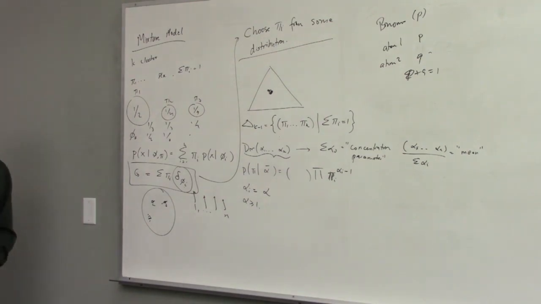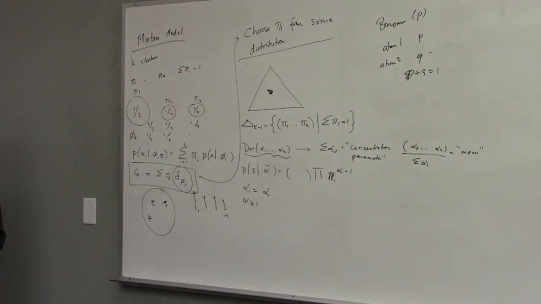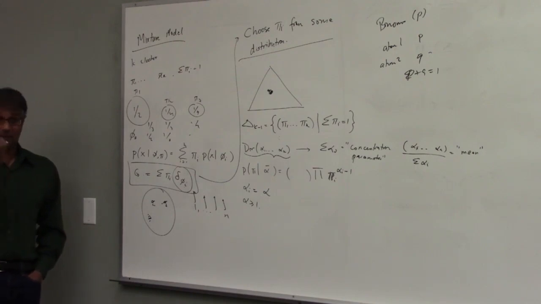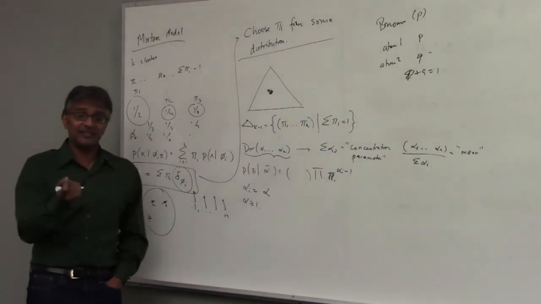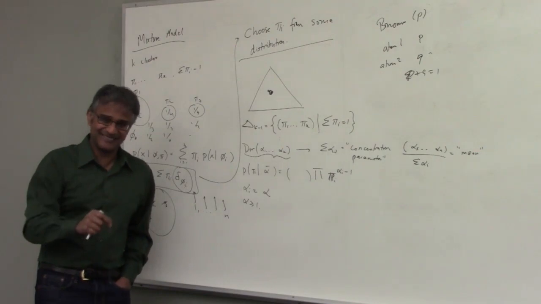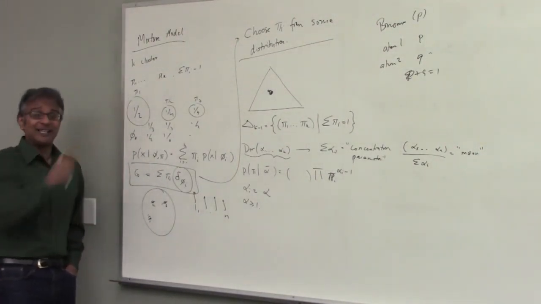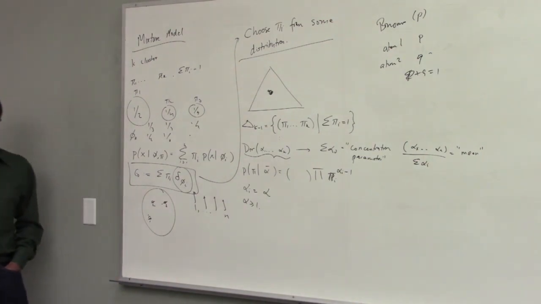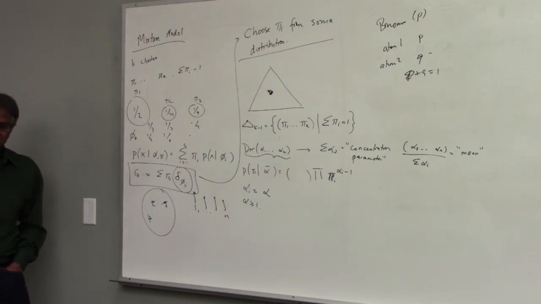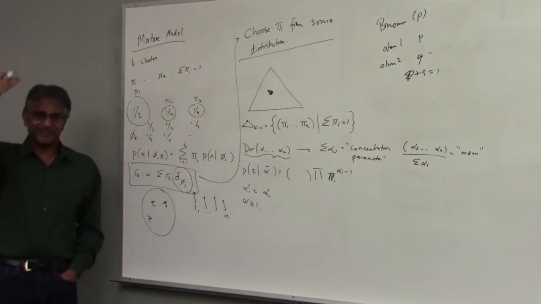So a sample from a multinomial is an integer. A sample from a Dirichlet is a multinomial. Say again? A sample from a multinomial is a number, like 1, 2, 3, 4, 5. A sample from a Dirichlet is a multinomial. That's why you would sample from the Dirichlet to get the multinomial, and sample from the multinomial to get the integer. That's what I think is most confusing about this, that you have to do that extra level of reasoning.